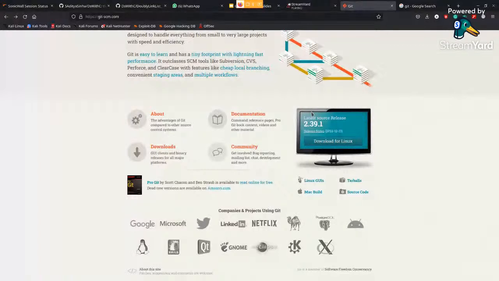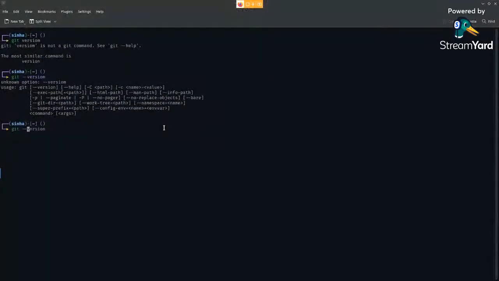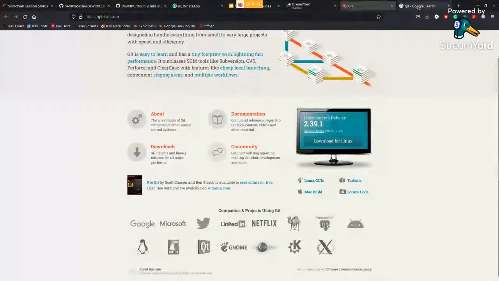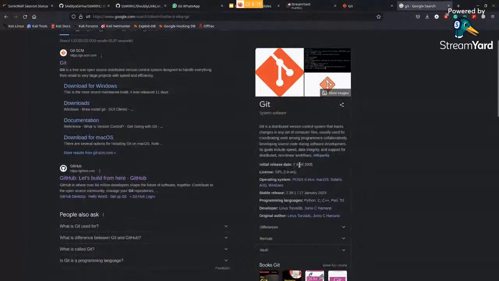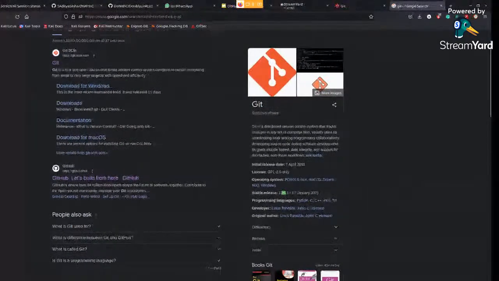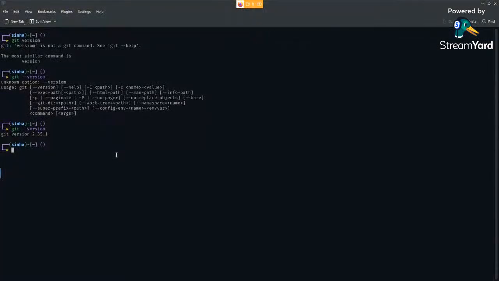And if it informs you of your version, then definitely it's installed properly. So let's check the version. As you can see, I have a Git version of 2.5.1 on my system, and the latest one is 0.39. So I have a bit outdated version.